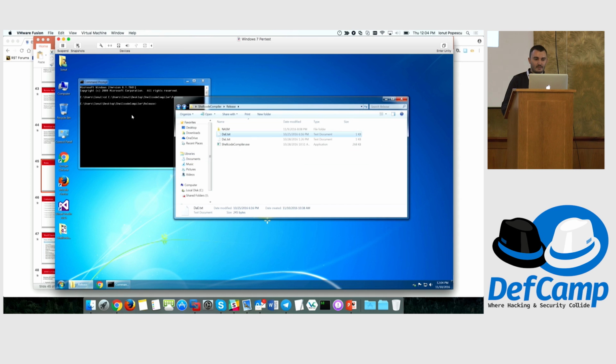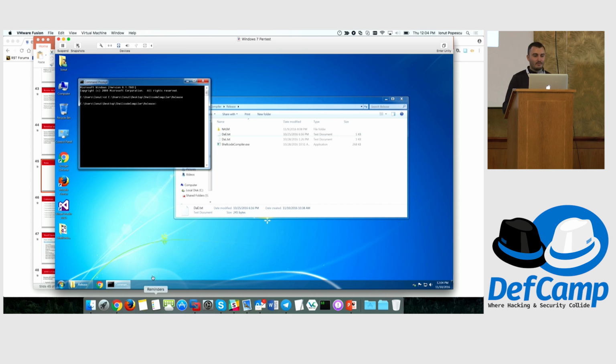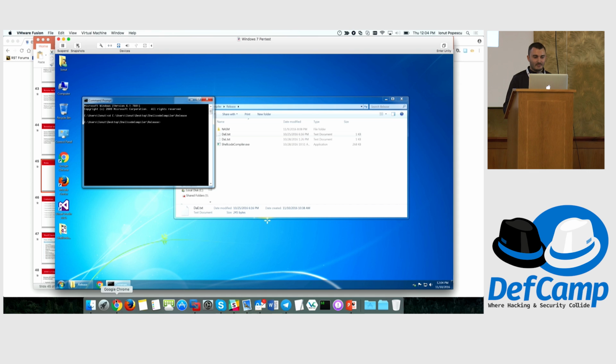Let's see if it works. It happened to crash, so I'm not 100% sure if it will work. The -r will specify the source code file, which is download and execute.txt. -a will output the assembly file, and -o will output the binary shellcode. And -t will test the shellcode, will actually load